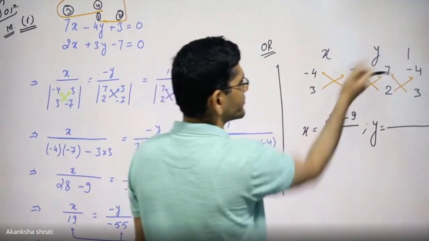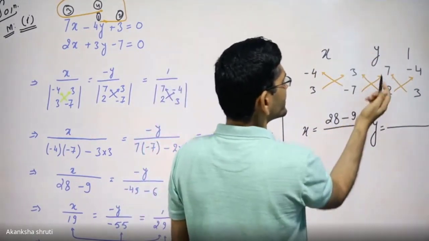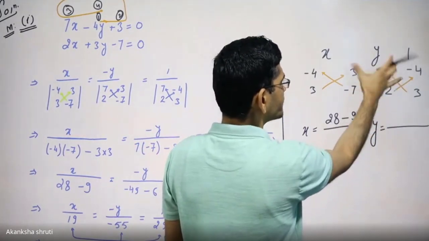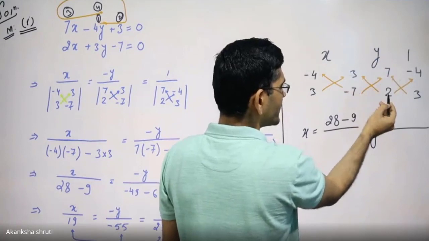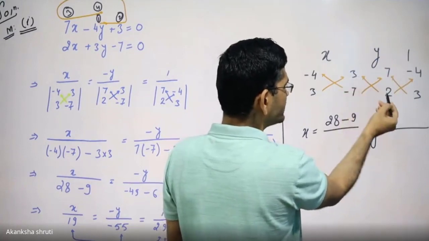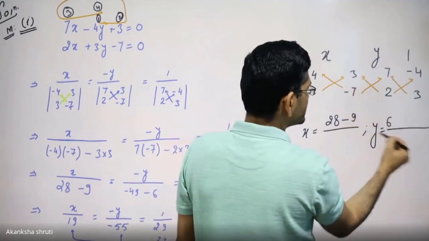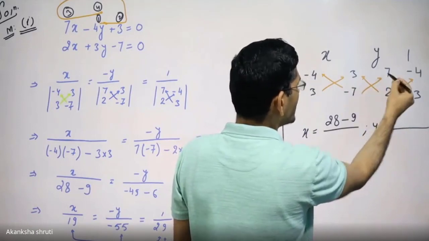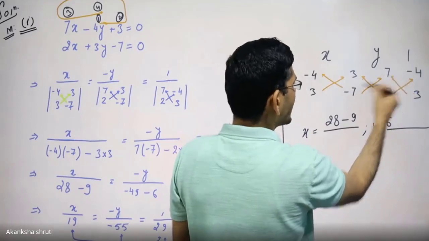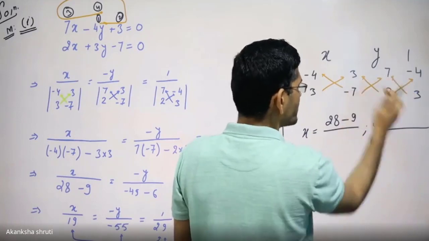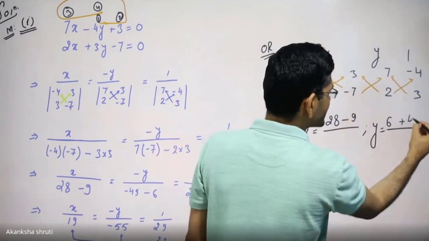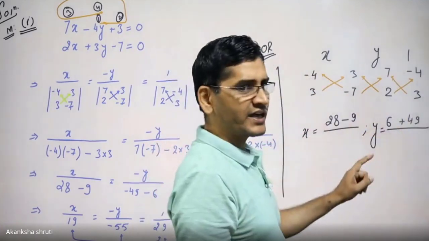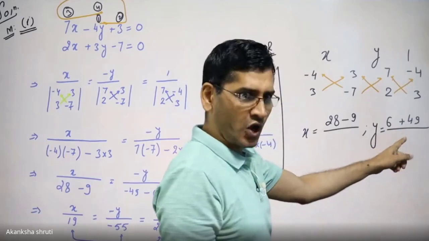Let me write for the y, their numerator. So y, their numerator is, again for this y you have to take these two columns, left upward, 3 2s are 6, right upward with negative, 7 7s are 49, but it will be minus of -49, so plus of 49. X and y we have written. Now their denominator is the common.